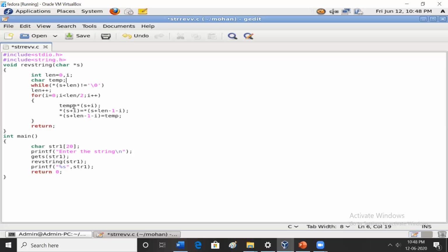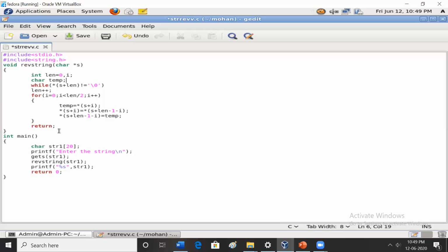Then i is incremented, and the second character is exchanged with the second last character. This is exactly length divided by 2.